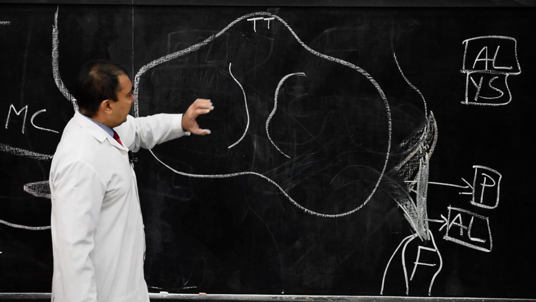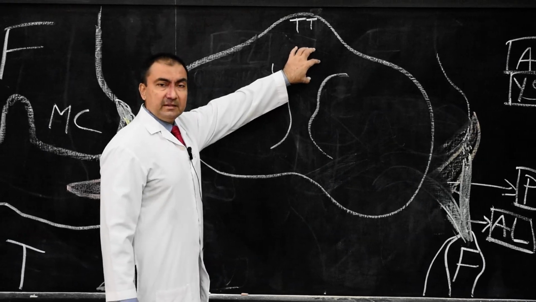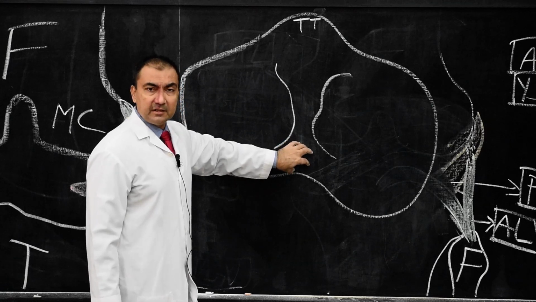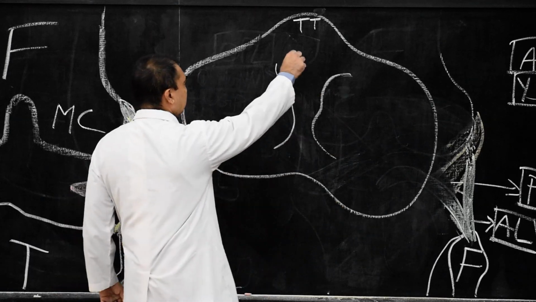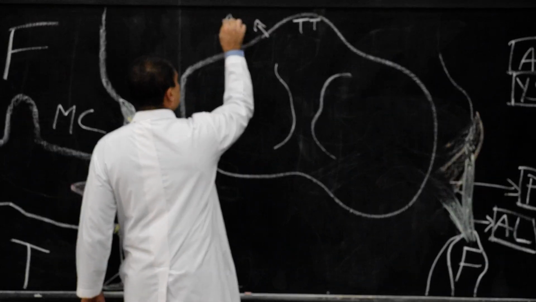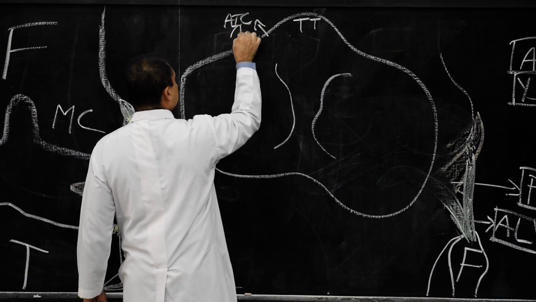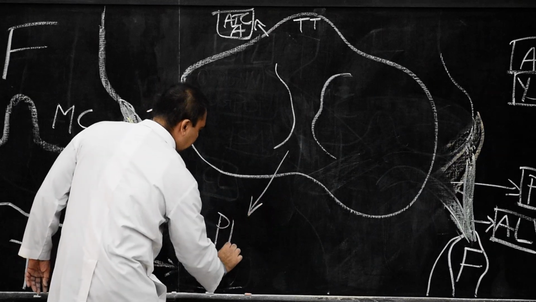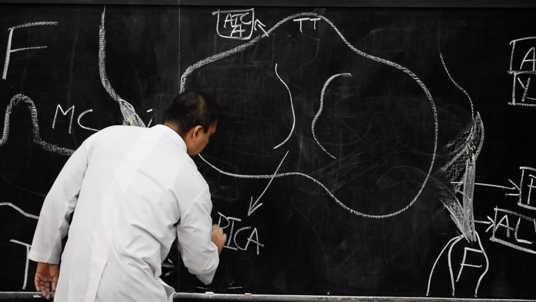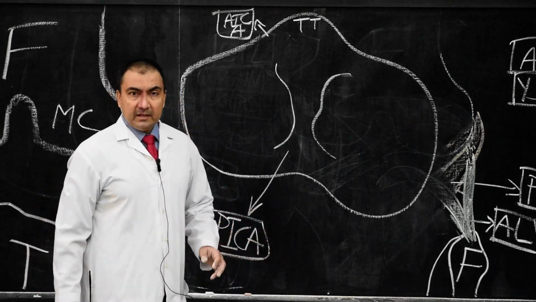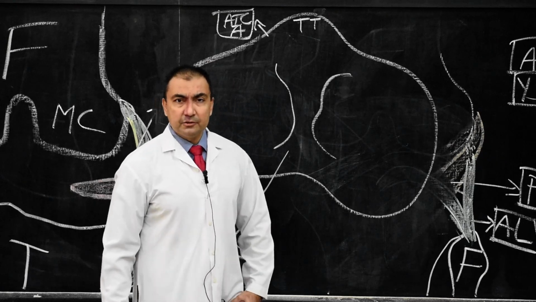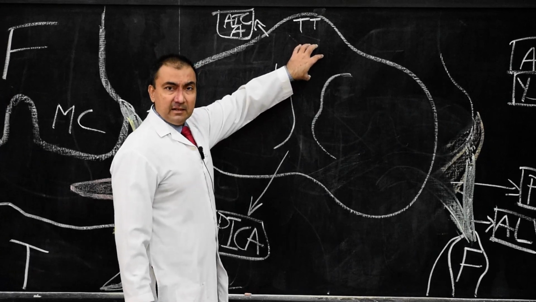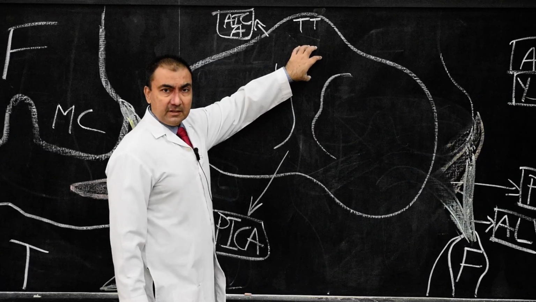Now always remember, the attachment of the anterior cruciate ligament will be in the anterior intercondylar area of tibia, and that of the posterior cruciate ligament will be in the posterior intercondylar area of the tibia. So therefore here, this will be the anterior intercondylar area here. Just for the sake of marking, this will be the posterior intercondylar area of the tibia, and therefore we are going to mark this as the medial and lateral menisci, and there will be anterior cruciate ligaments.